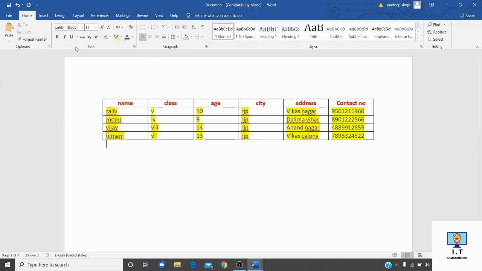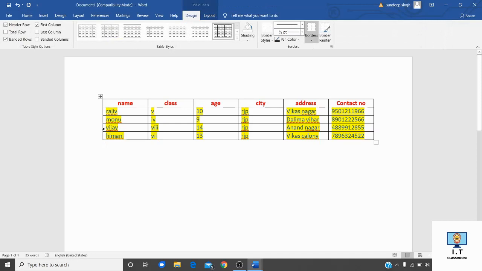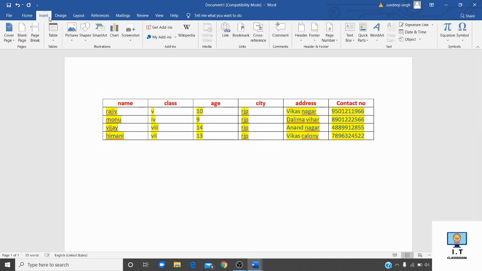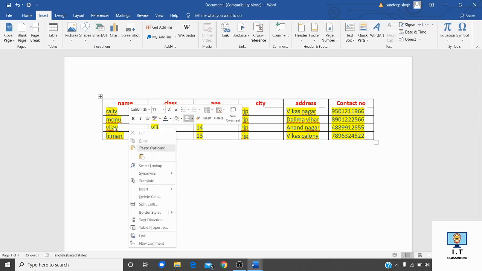Now I will tell you, if you want to insert a new row in the table, how can you insert a new row? First, bring the pointer where you want to insert the row. After that, you have to right click here.